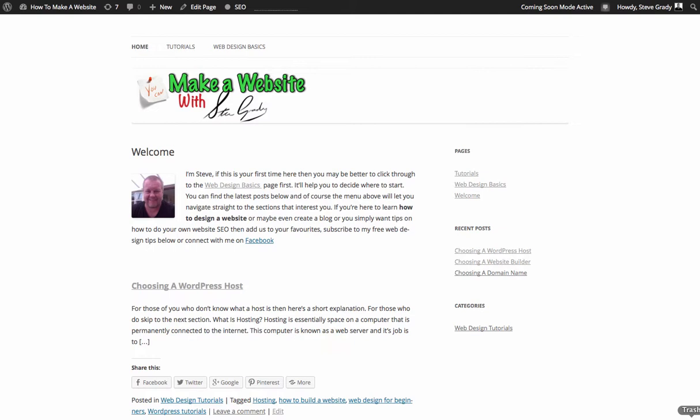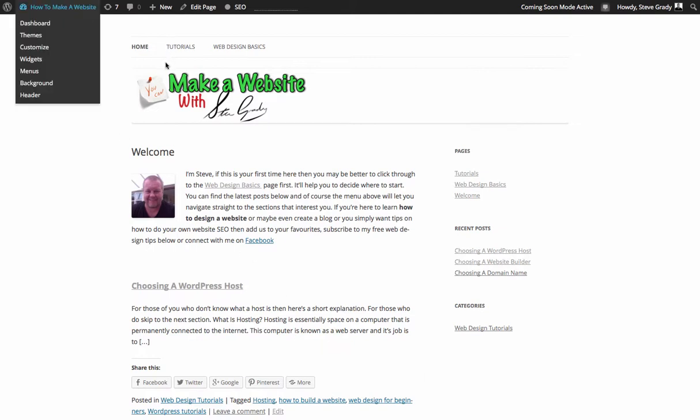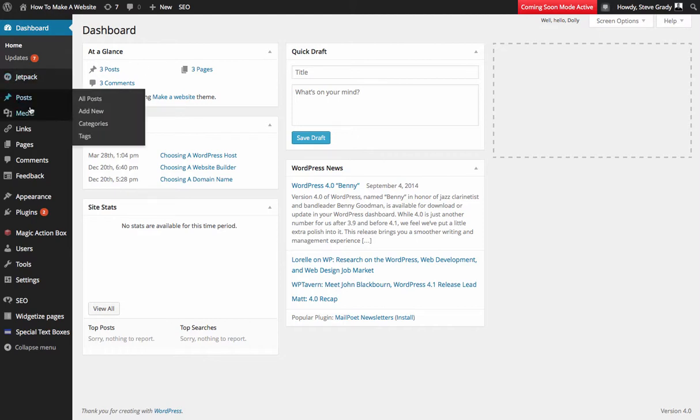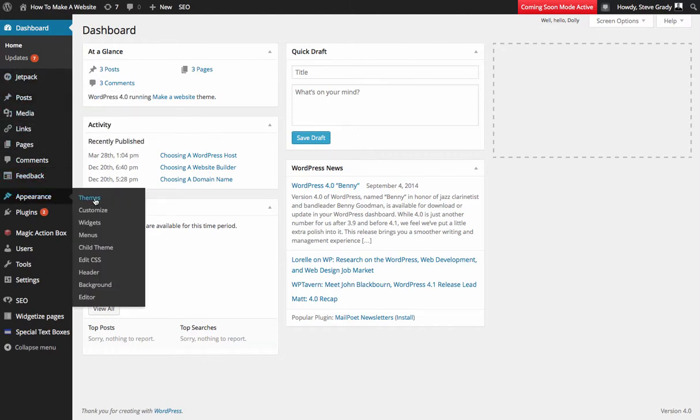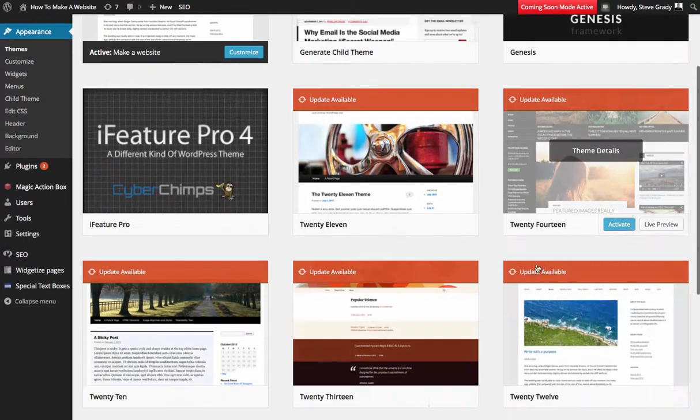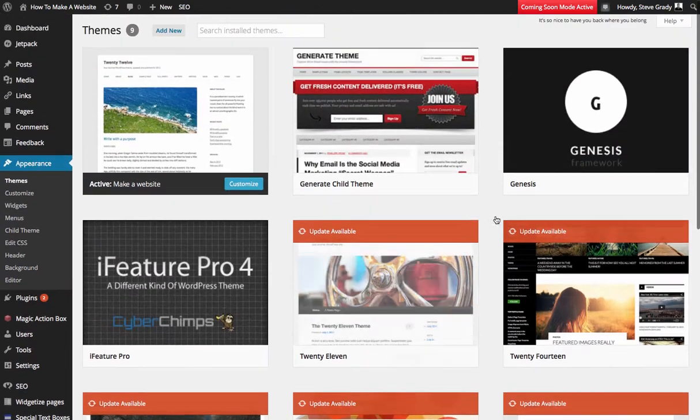Today we're just going to quickly look at how to install a theme onto your new WordPress installation. When you install WordPress, it will come with a default theme, depending on which version of WordPress you're using. As I'm recording this, we're on WordPress 4, and WordPress 4 comes with its own theme at the moment. Obviously they change that each year, so at the minute these are just different themes that I've got installed, but at the minute it's coming with